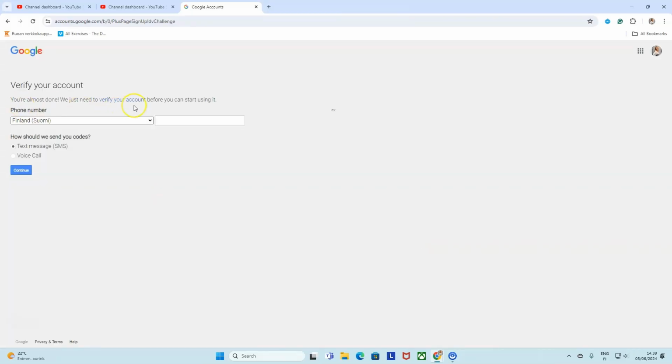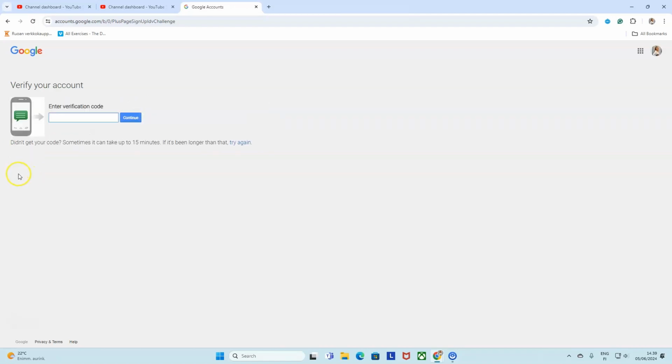You're almost done. We need to just verify your account before you can start using it. So you need to add in your phone number. So I am based in Finland with this. So I'm going to add my phone number. And I'm going to request that the code is sent text message to my phone. Hit continue. Then once you get your verification code, you enter that in